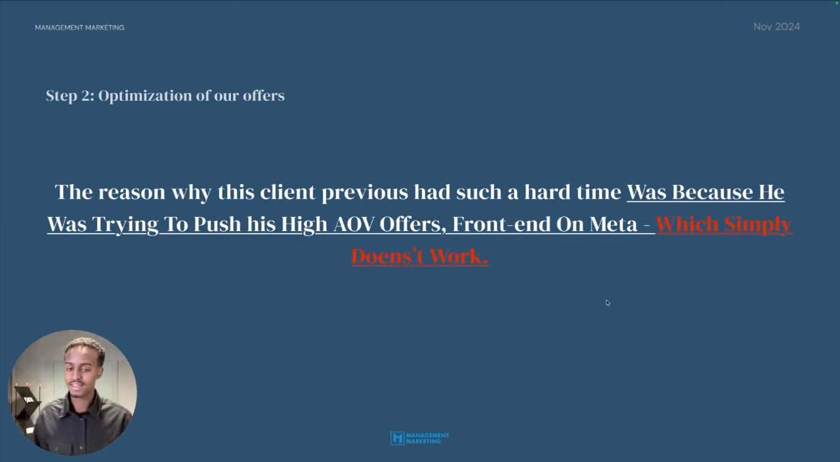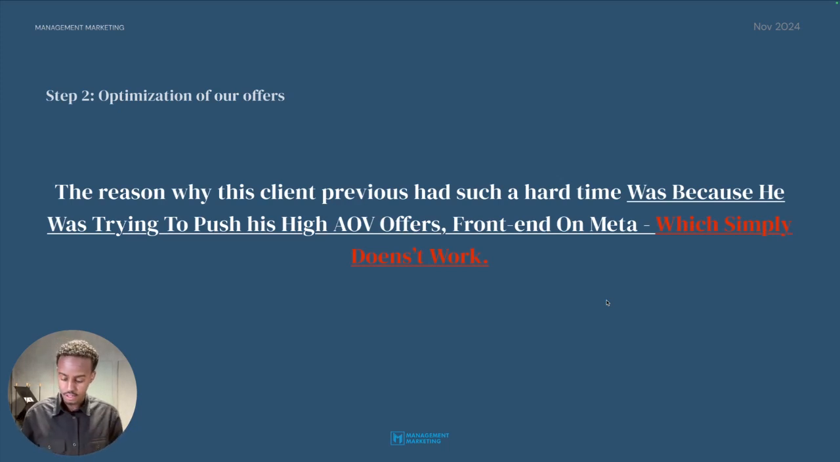Now, the reason why this client of mine previously had such a hard time to scale his paid advertising efforts on Meta profitably was because he was trying to push his high AOV offers front end, which simply doesn't work in his industry. As I said, this client of mine is selling tiles, and obviously tiles is a product of a high AOV. In this case, my client has an average order value of 8,000 Danish kroner. Now, when you have such a high AOV, you will obviously naturally see a low conversion rate, and you will have a much harder time to acquire first-time